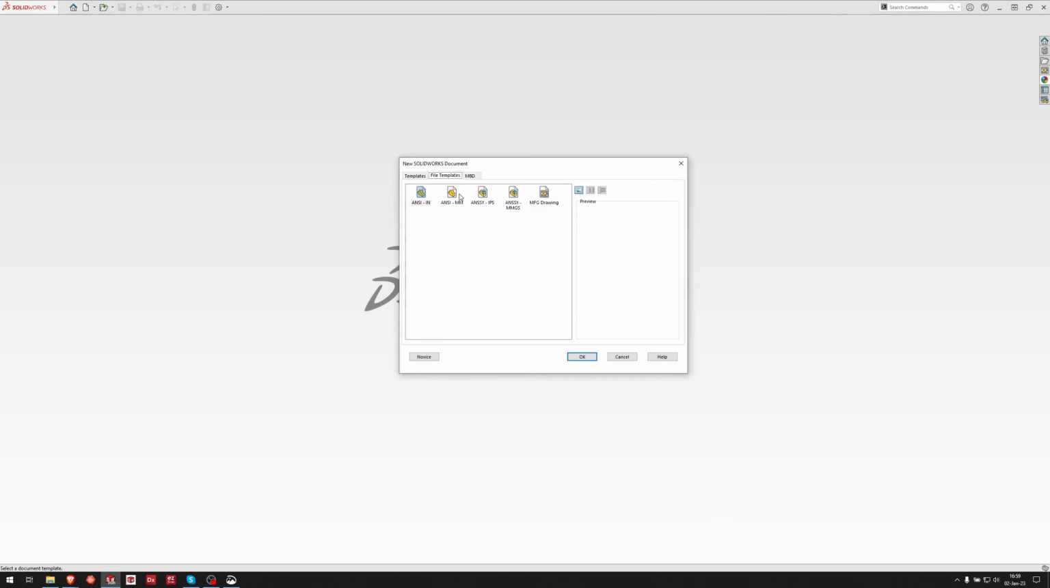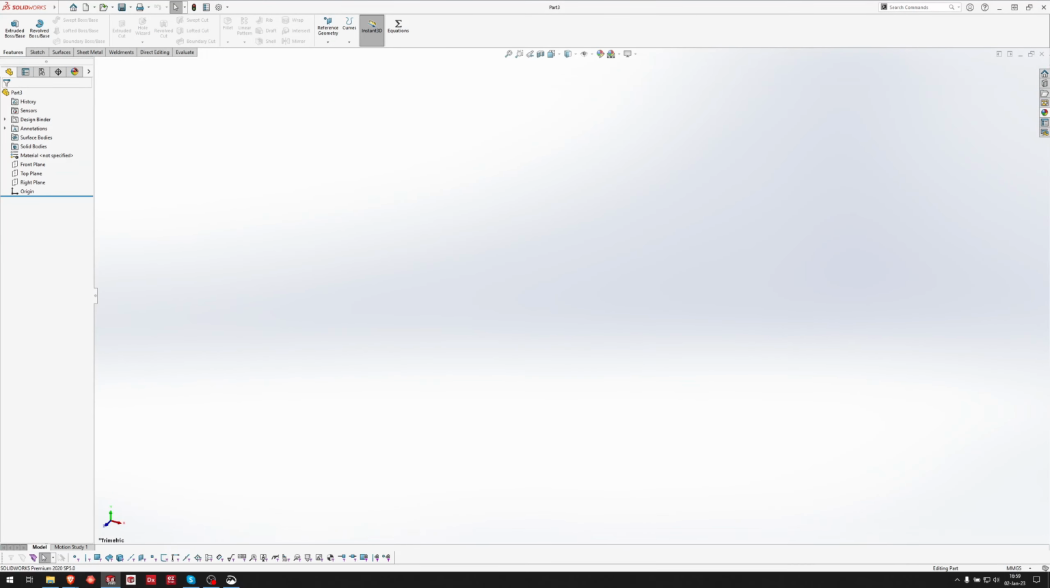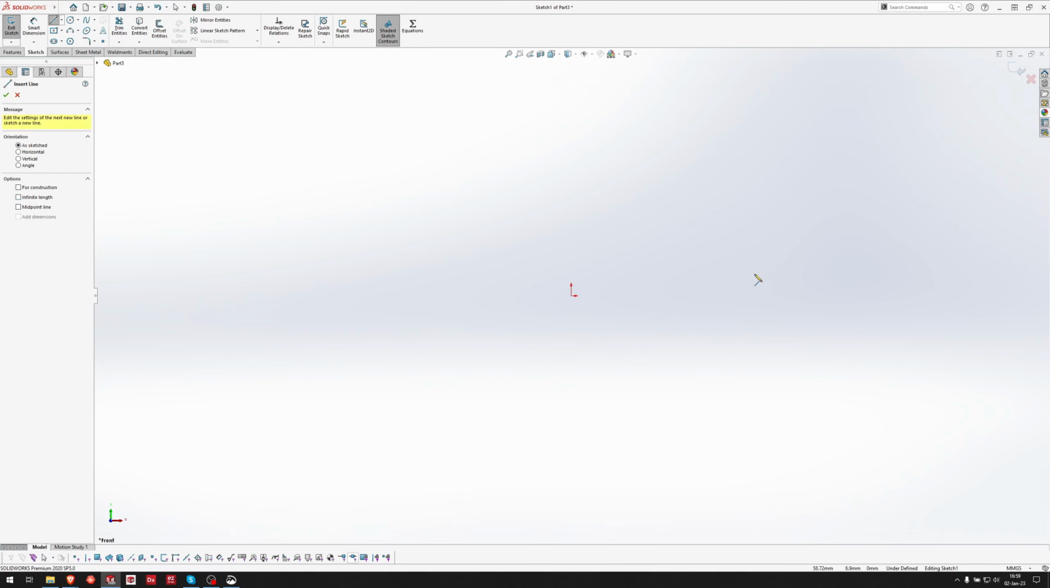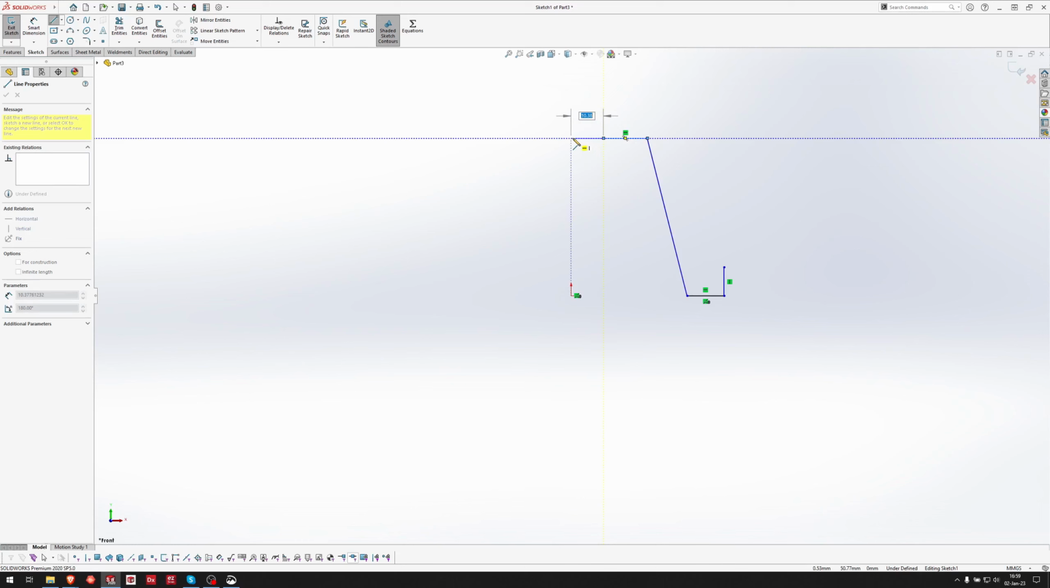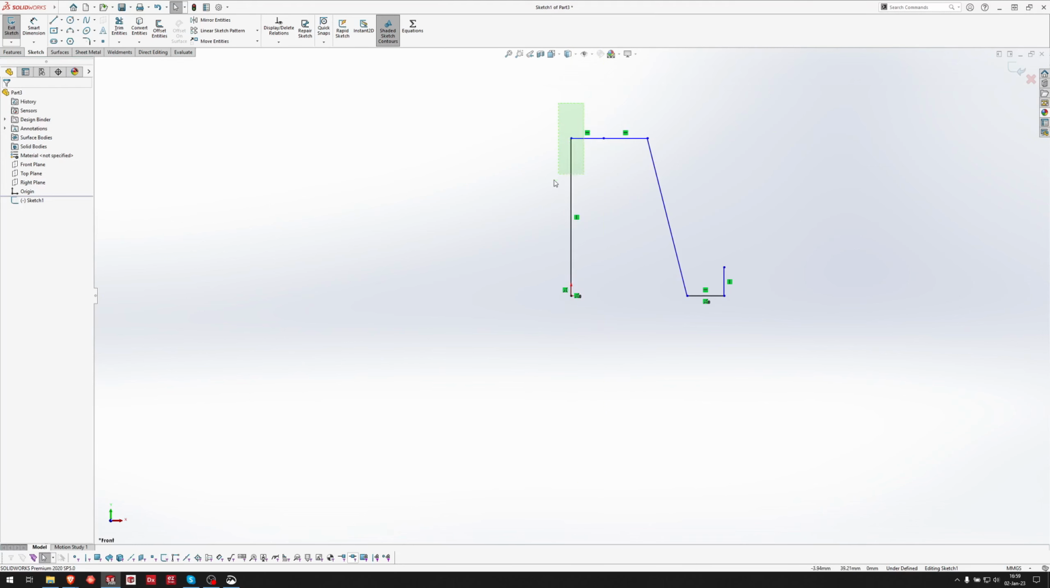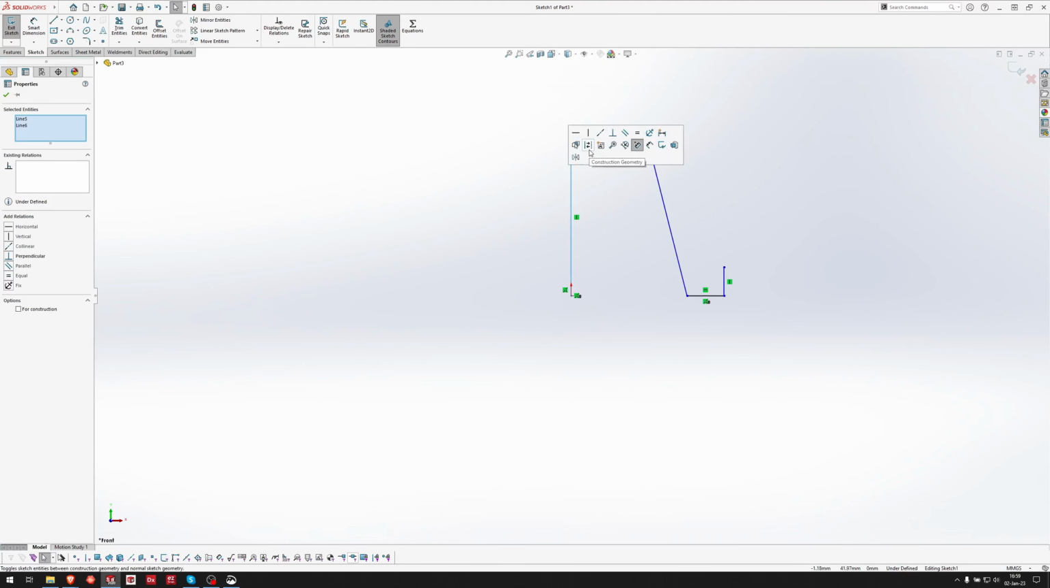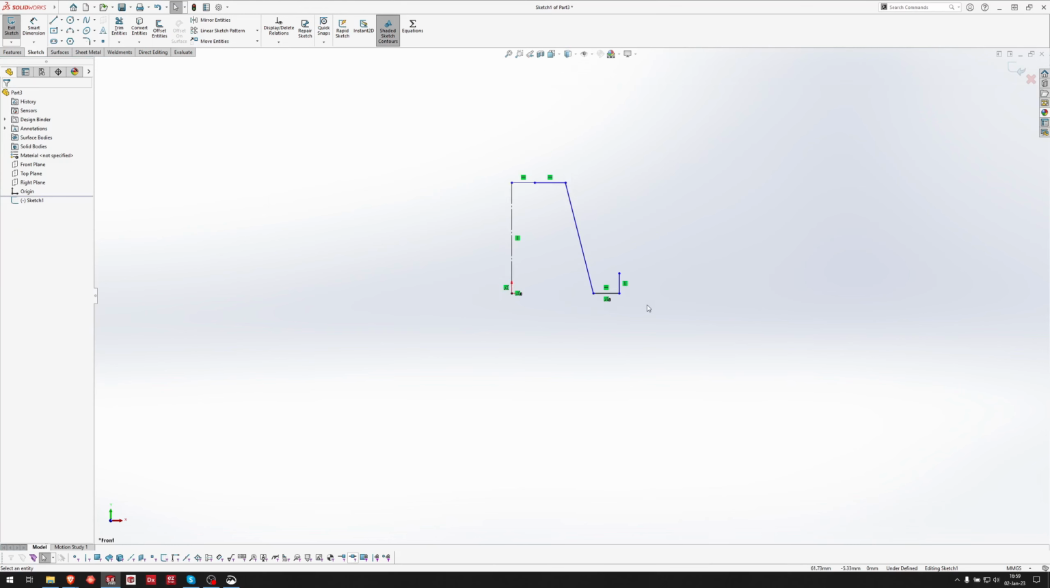So let's go ahead and start this print. We'll start a millimeter part and go ahead and start a sketch on our front plane. My approach here, since this is a uniform thickness part, is going to be to draw out just a shape that looks like this. I'm going to convert these two lines to construction geometry,